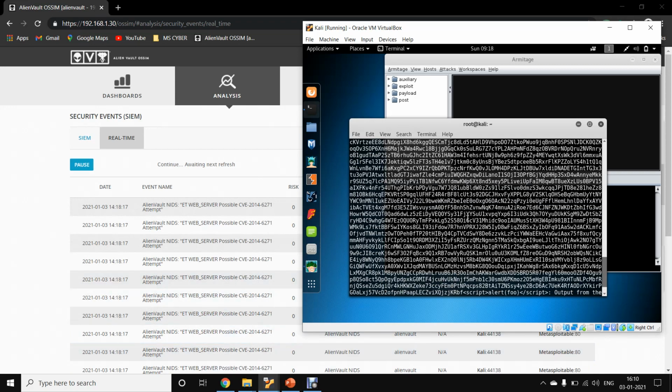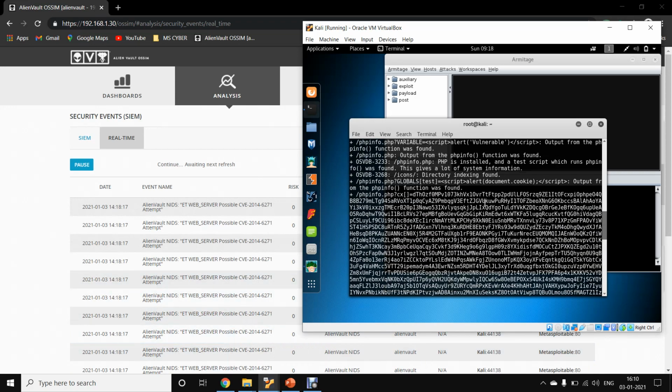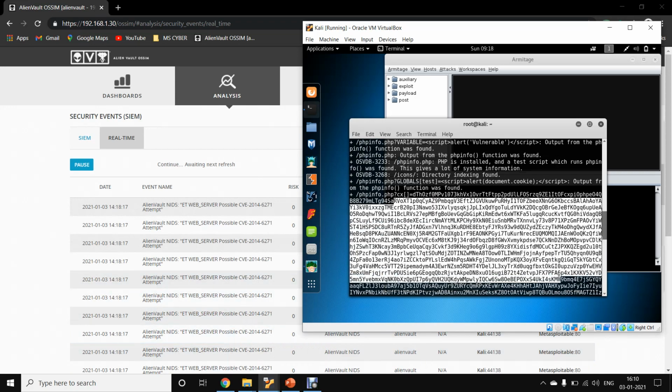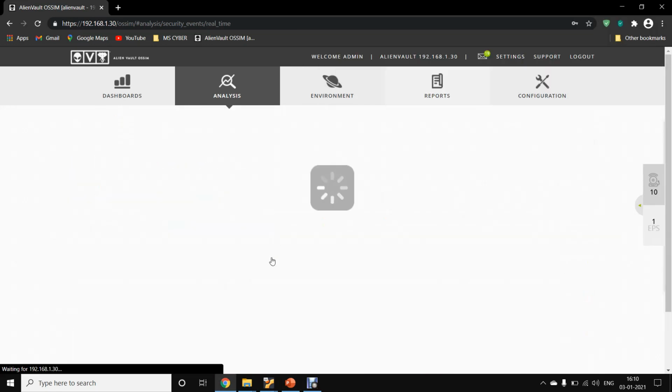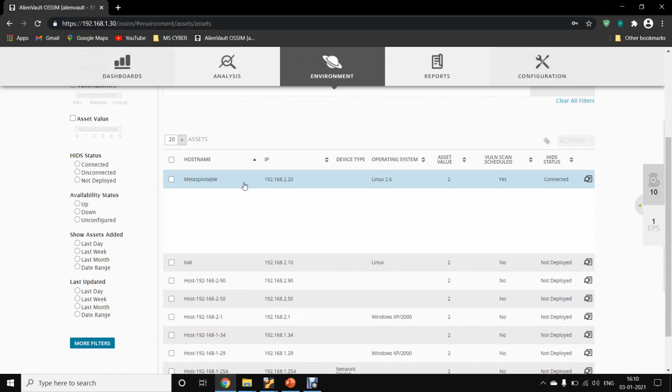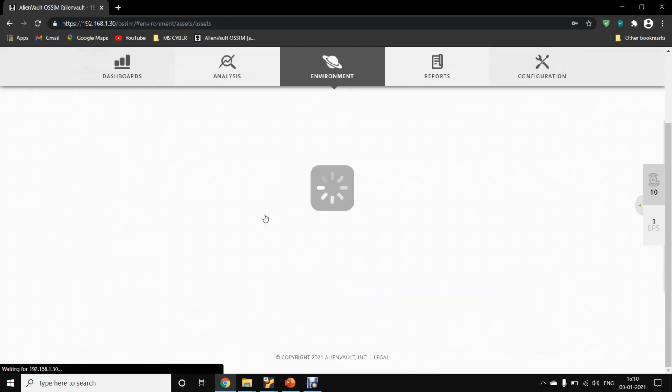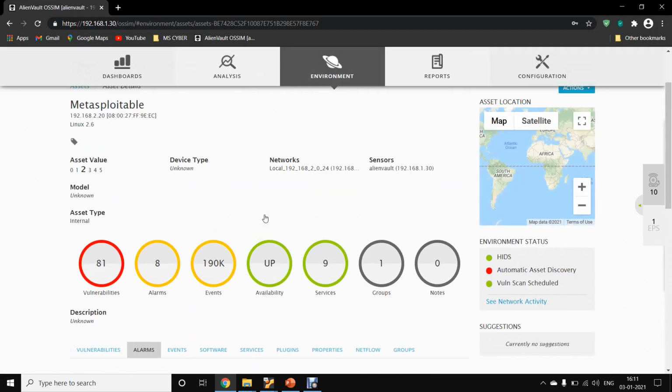It found one vulnerability and delivered the payload. So let's see if we get it here in the alarms. As we can see, there are 8 events.